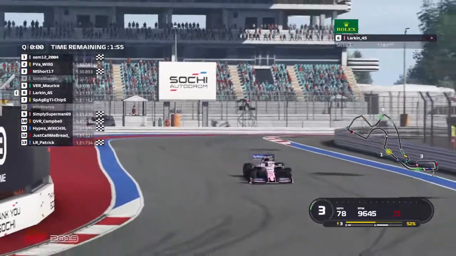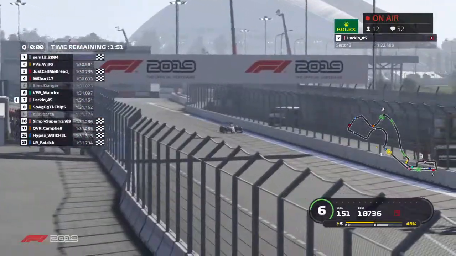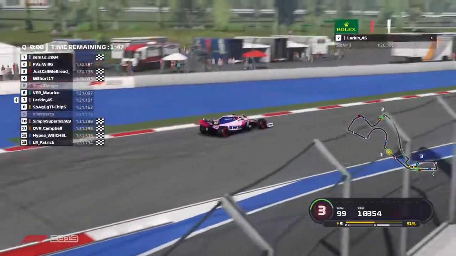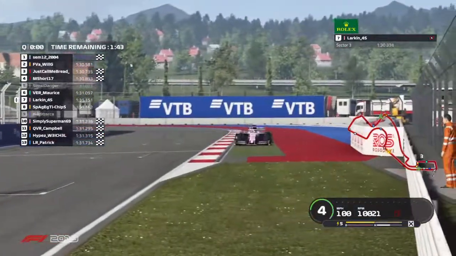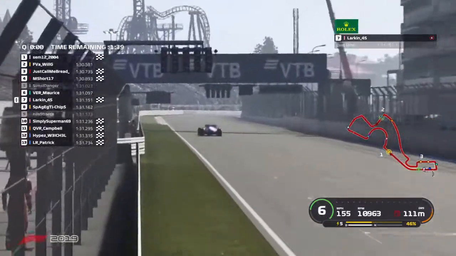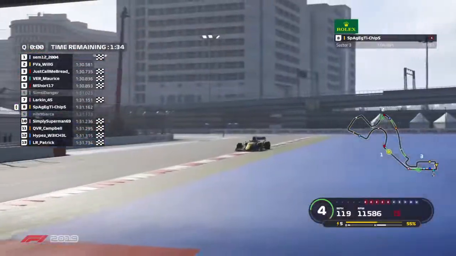Just Call Me Bread is ahead of him there, who will be crossing the line slightly beforehand. And that's going to be 3rd place for the Ferrari driver, a 1:30.7. Really not too bad. Here comes Larkin, though. He's currently in 7th. Across the line he goes, and he invalidated it, I think, at the very end there. He would have been 2 tenths up, which could have put him up into 5th place, which is really unfortunate